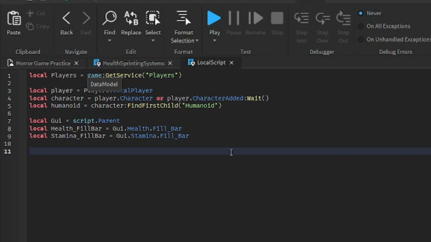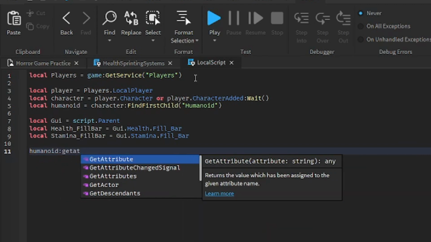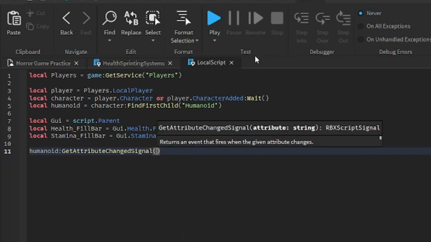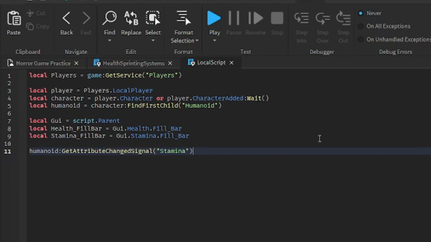is go ahead and check whether there is a change within an attribute, and this is how you do it. Humanoid:GetAttributeChangedSignal, and this takes the name of the attribute that we want to check whether it has changed or not, and we're going to do stamina because we want to check if stamina has changed or not. And here we're going to connect the function